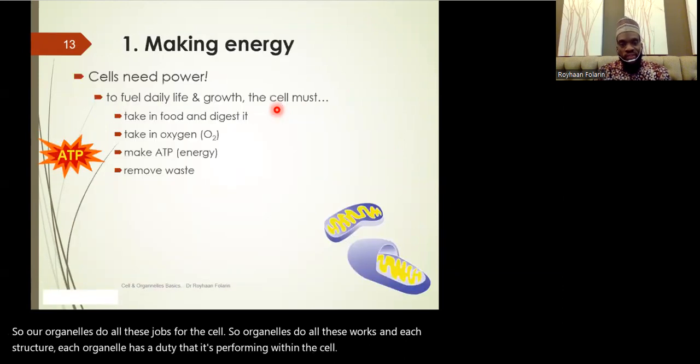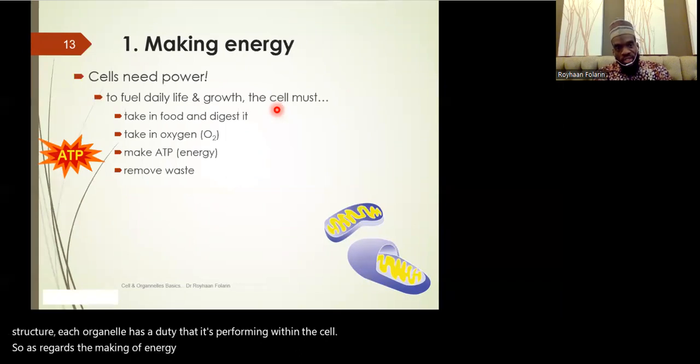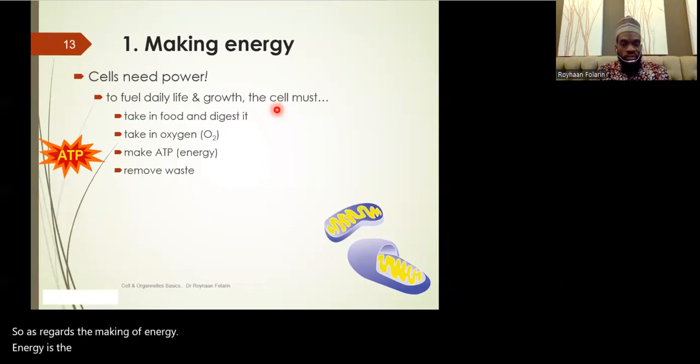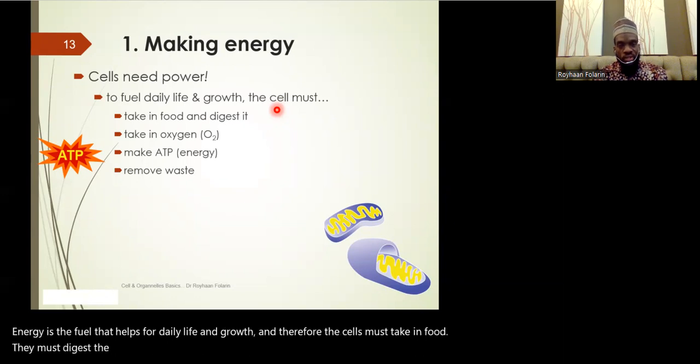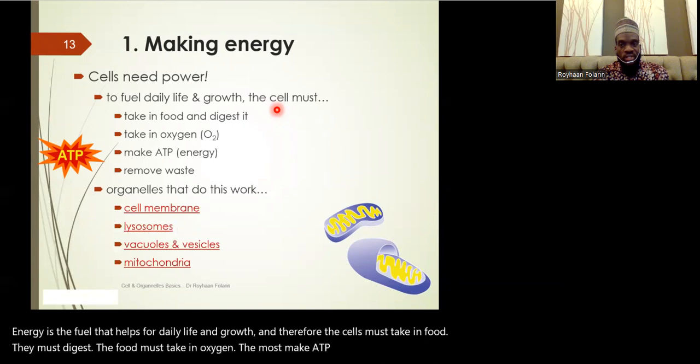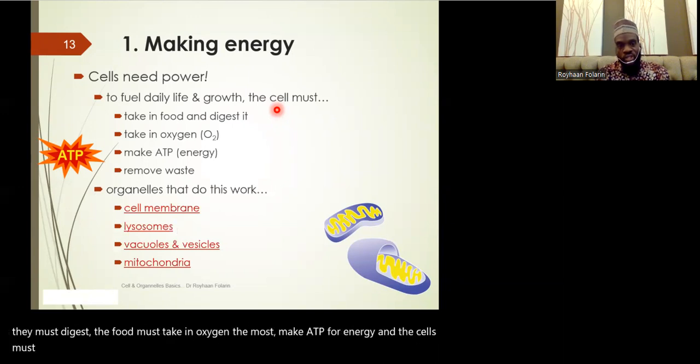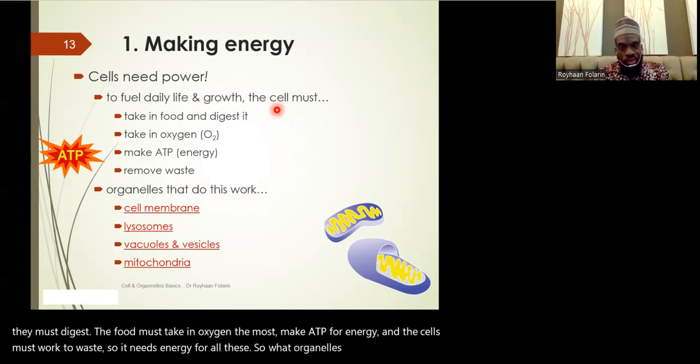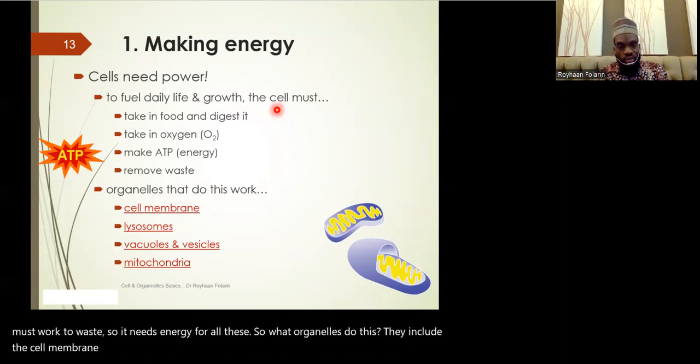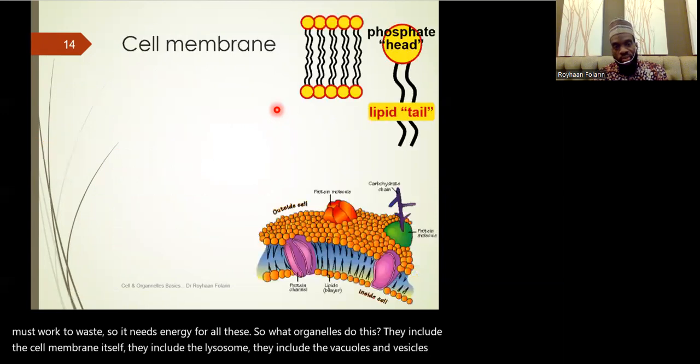So as regards the making of energy, energy is the fuel that helps for daily life and growth, and therefore the cells must take in food, they must digest the food, must take in oxygen, they must make ATP for energy, and the cells must work to remove waste. So it needs energy for all these. So what organelles do this? They include the cell membrane itself, they include the lysosome, they include the vacuoles and vesicles, and they include the